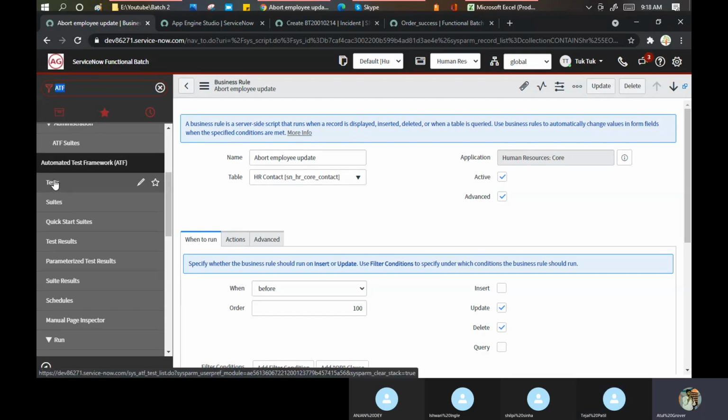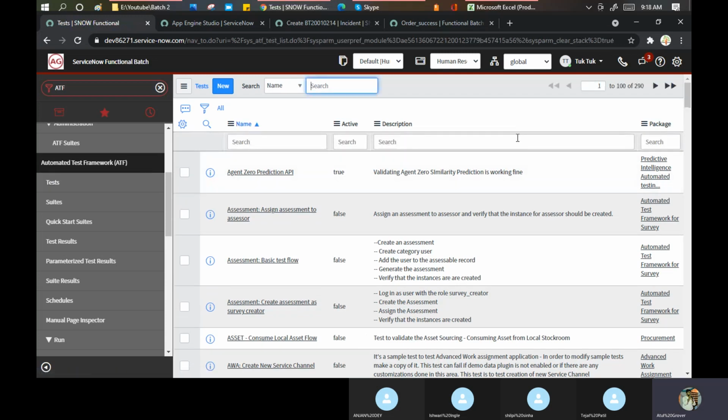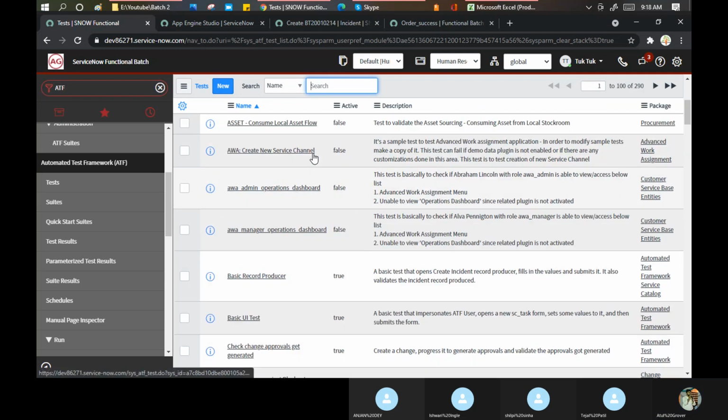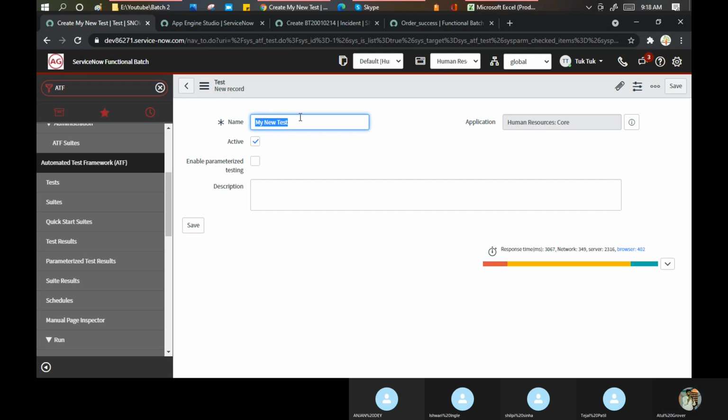Now I'll click on the test here. ServiceNow gives me a lot of out of the box tests as well. I'll click on new. My test name, functional testing.